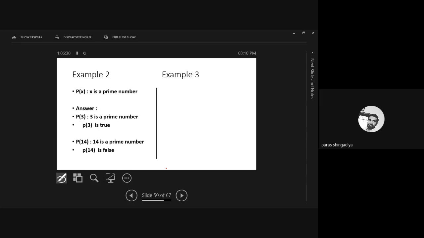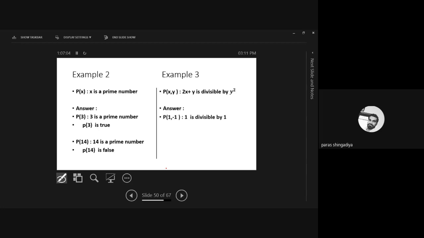Now consider a predicate with 2 variables. 2x plus y is divisible by y square. You have to choose such x and y, and find the 2x plus y answer that should be divisible by the square of y. So find such a pair x and y. You have to find such a pair x and y, so that the answer of 2x plus y is divisible by y square.